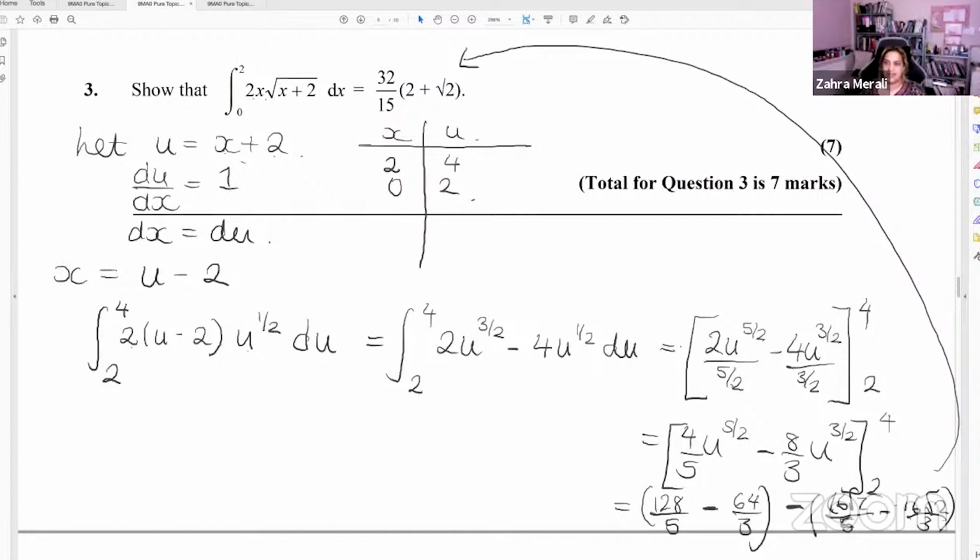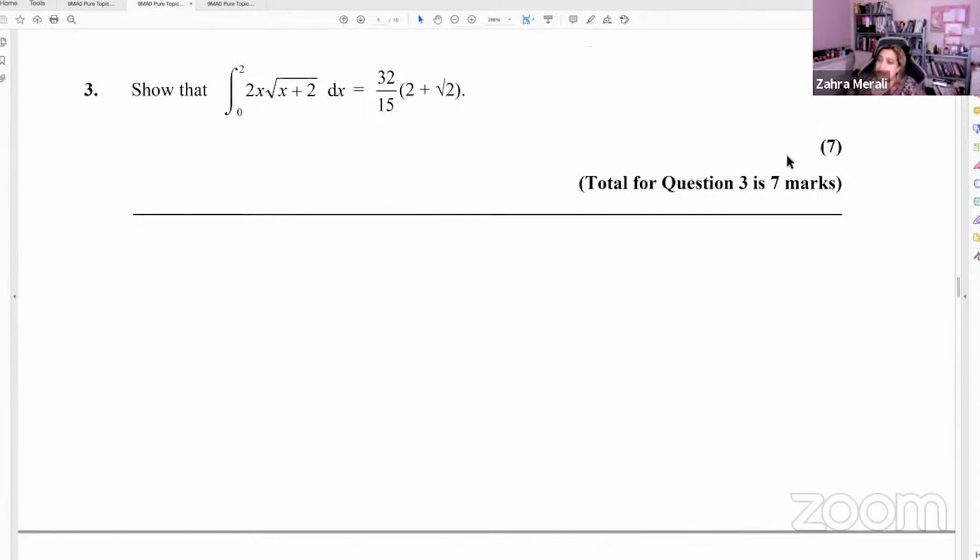All right, now if you looked at it and went, oh, there's something that differentiates to a constant, I want to use integration by parts. Let's see how we would use integration by parts. So for integration by parts, you're going to let your u equal 2x. Remember, it's the one that differentiates to a constant. Your v dash is x plus 2 to the power of a half. So therefore, when I differentiate that, I get 2. When I integrate that, I'm adding 1 to the power, 3 over 2, dividing by the new power,